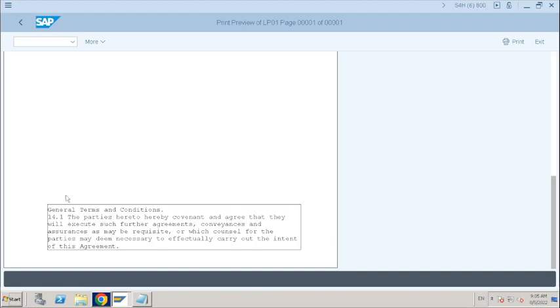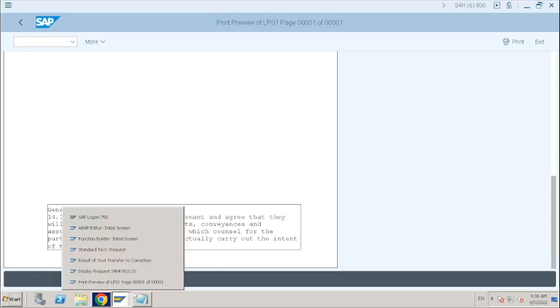Now, where is this text, these terms and conditions, coming from? From where is this standard text populating? S401. Sorry, which one? It's not S401, it is S410, the standard text transaction. Okay, now, let's assume we can include